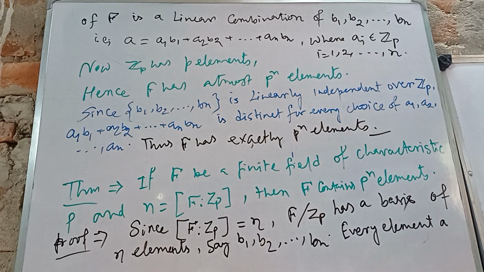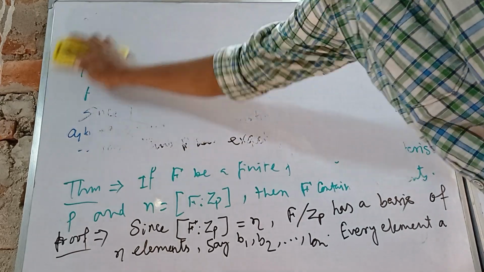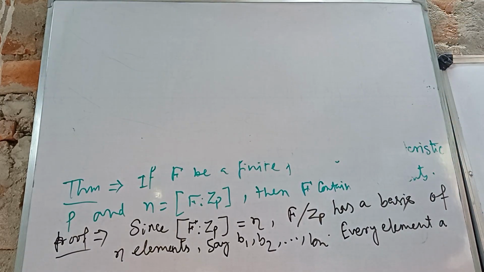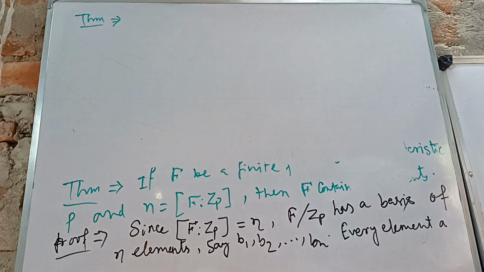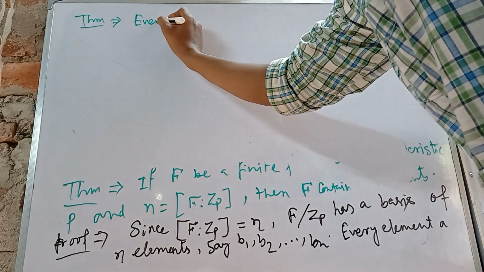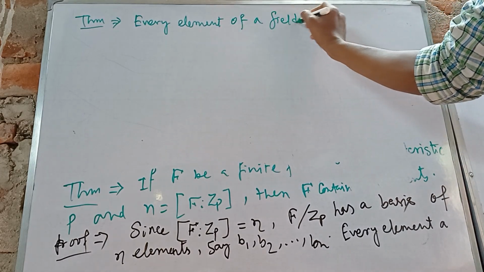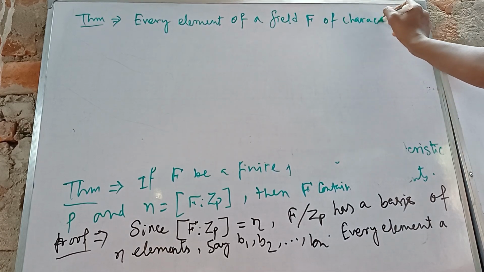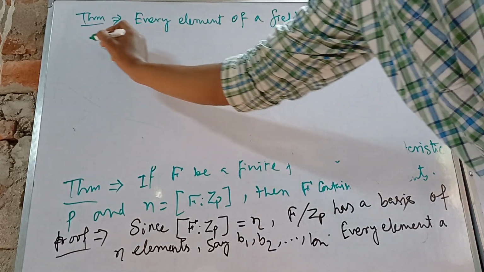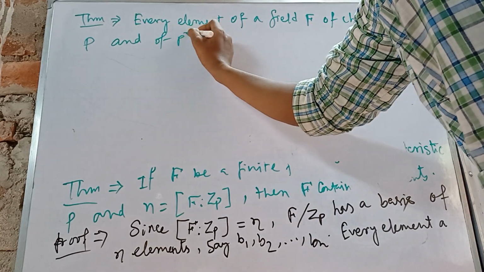Okay. Now we are going to discuss another theorem related to that topic. We erase that portion and write one theorem. We write the statement of this theorem here. Every element of a field F of characteristic P and of P to the power n elements